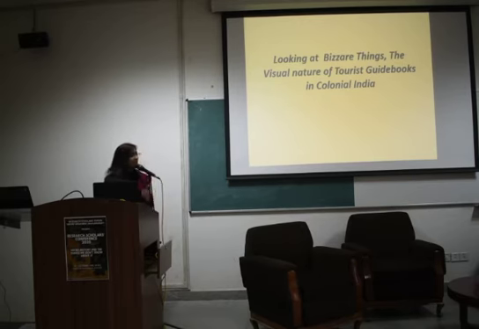As far as these guidebooks are concerned, when I was looking through them, I found a lot of illustrations. And I thought, are these illustrations just supplement to the text? Or we have to look them also in its entirety. We need to also look at what they are telling us. So the fact is, when we look at the guidebooks, they look very dull. But when we open them, we find